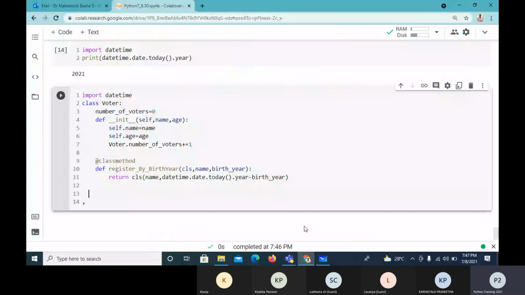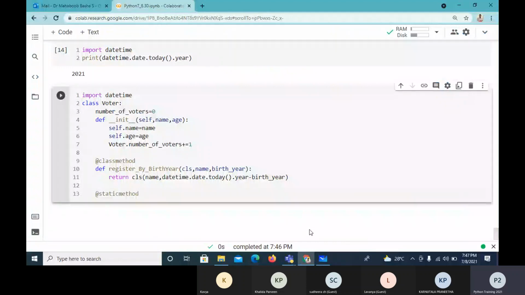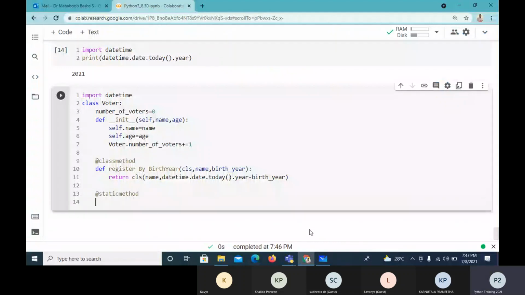So I'll take that utility with the help of a static method. So I'll say define is_valid_age. So valid age for what? Voter. Here it will check whether that particular person has a valid age or not.